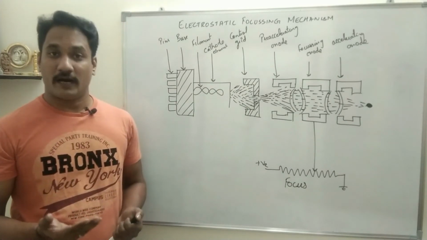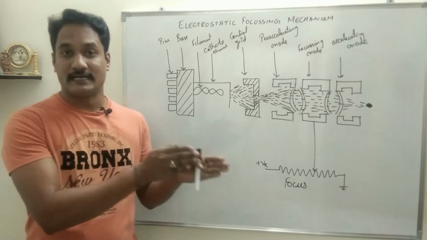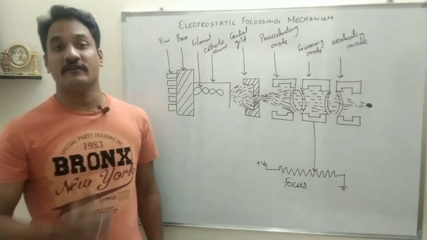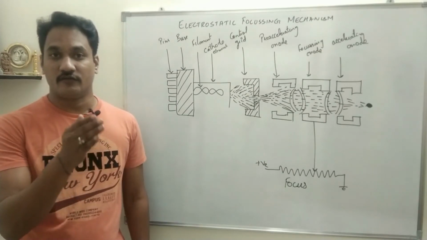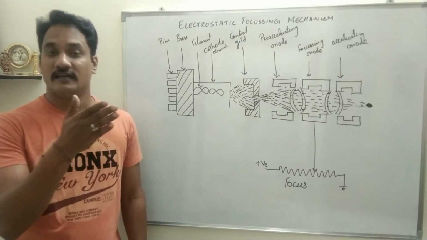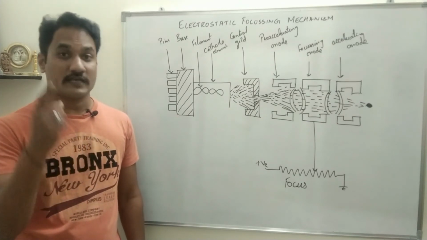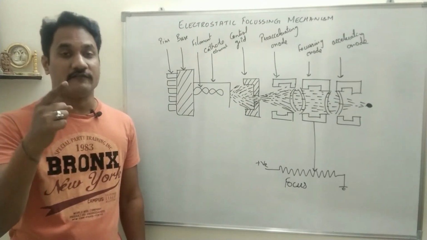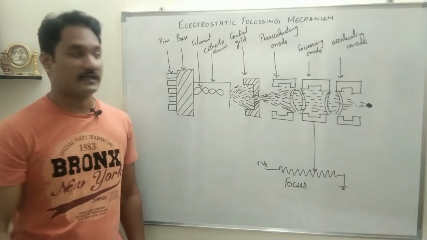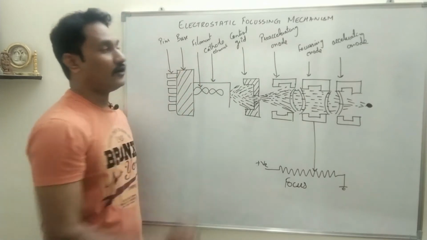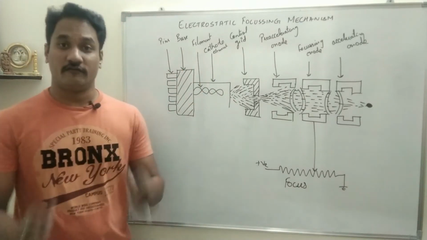The explanation for this will be exactly similar to the electron gun assembly explanation which we discussed for the block diagram of CRT. And if you remember, the block diagram of CRT is divided into three parts: electron gun assembly, deflection plate, and screen. So the explanation which we write for the electron gun assembly in the block diagram of CRT, the same has to be written for the electrostatic focusing mechanism. This diagram has to be drawn. If you remember again,